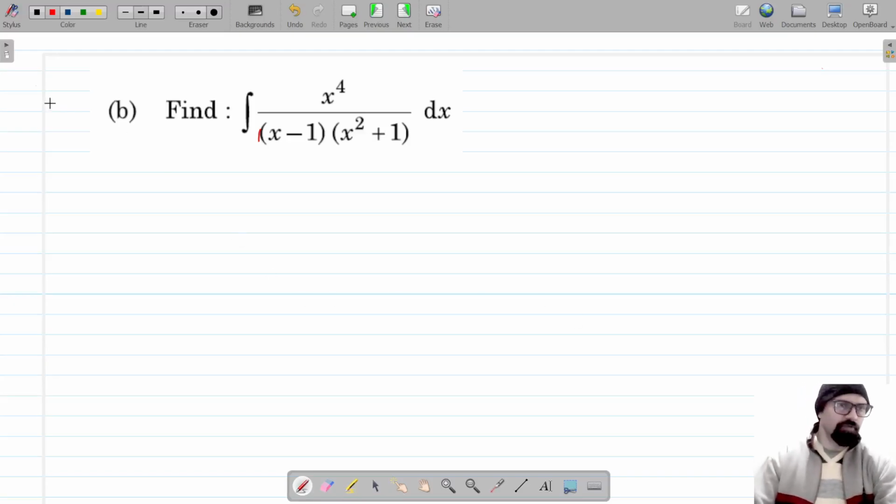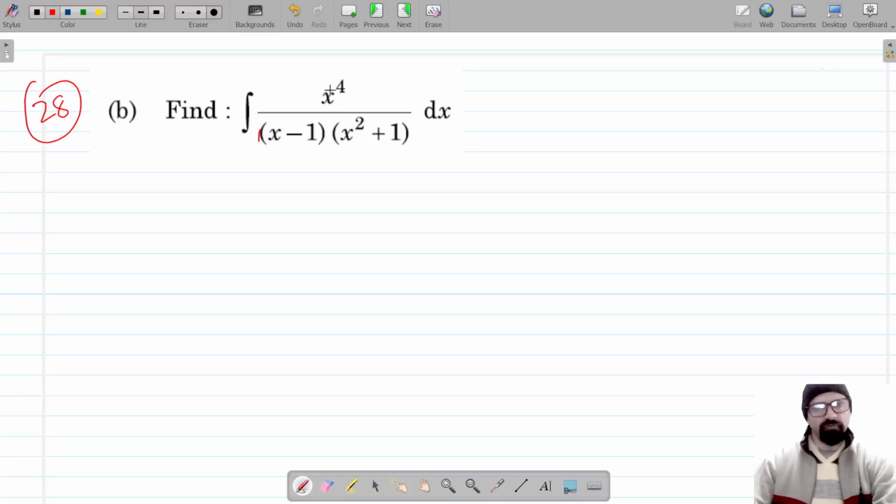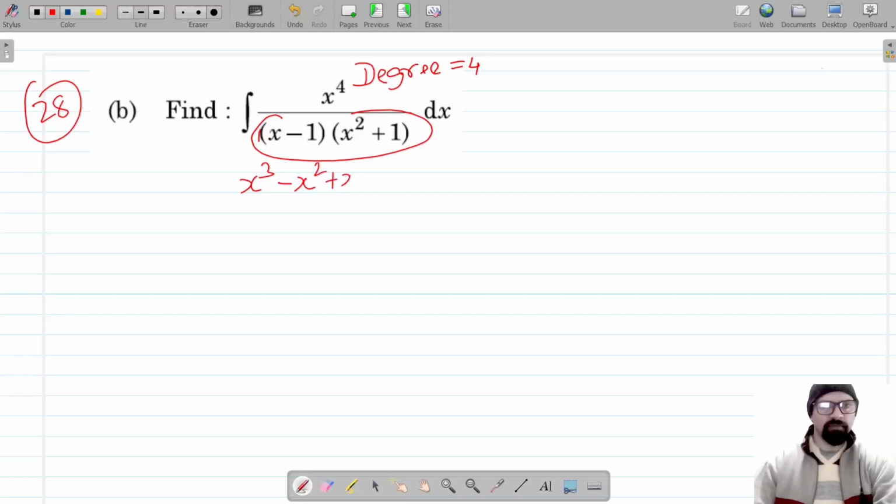For question number 28, part B, this is the integral that we have to evaluate, x raised to the power 4. Here the degree of x to the power 4 is equal to 4. And the degree of the denominator, I can write this as x cubed minus x squared plus x minus 1,